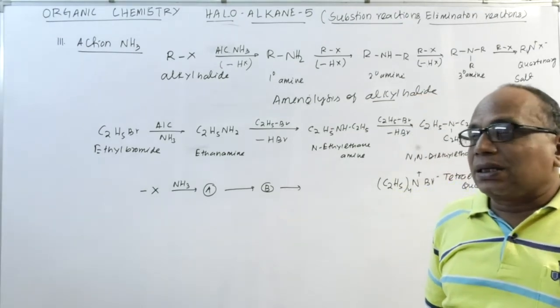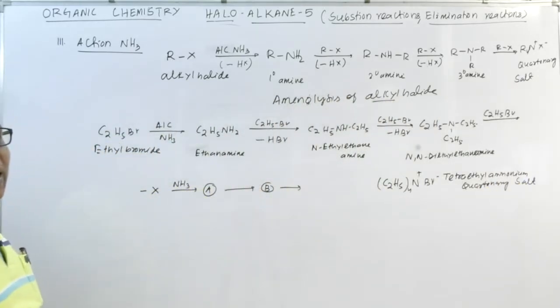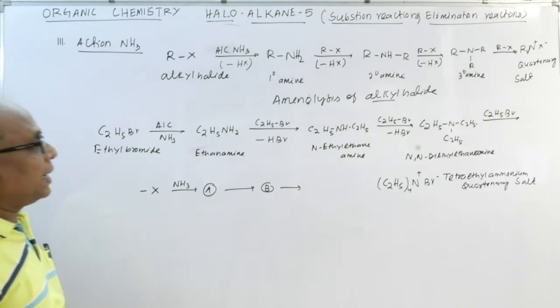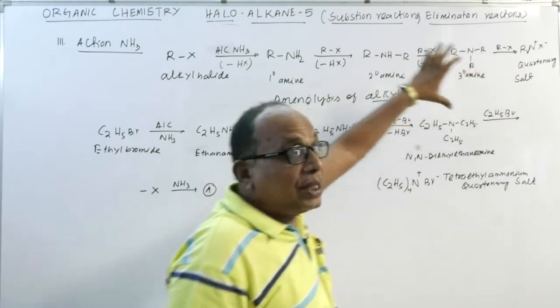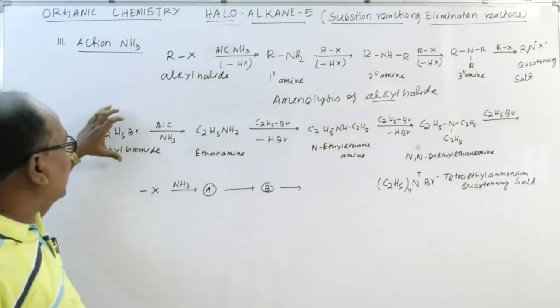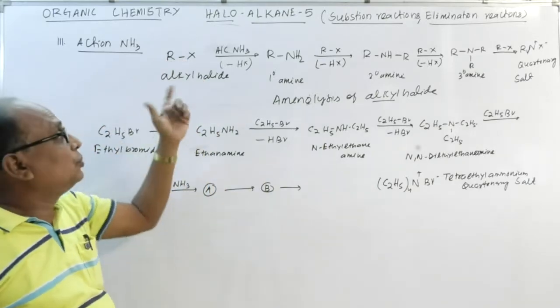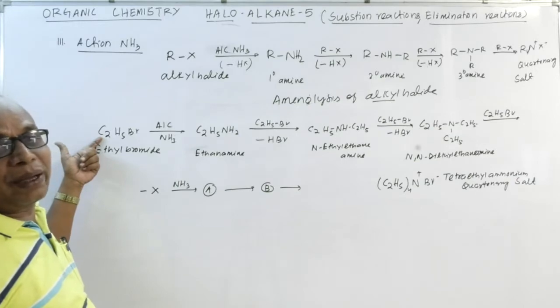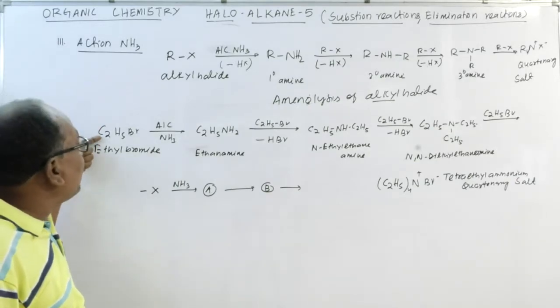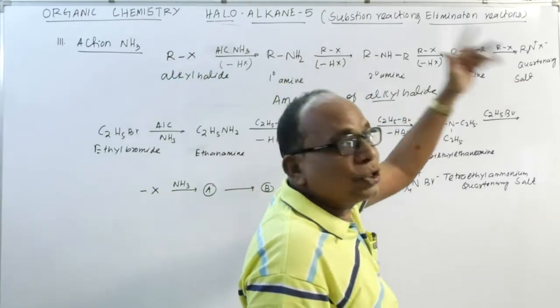Okay, students. So this is the action of ammonia with alkyl halide. You try to practice it. You take the general reaction first. Then try yourself, starting with the ethyl bromide. What product is given? Just like mathematics, the R is replaced by C2H5. Then the other part remains almost the same.